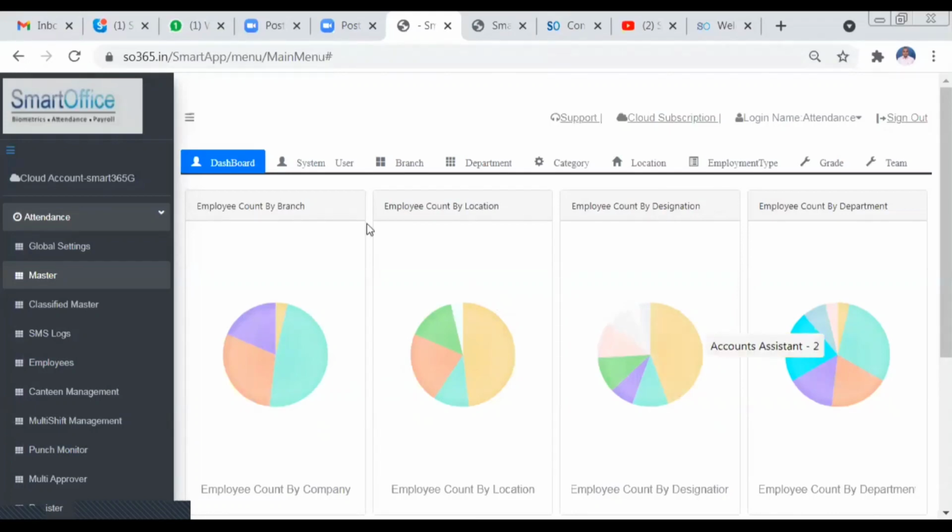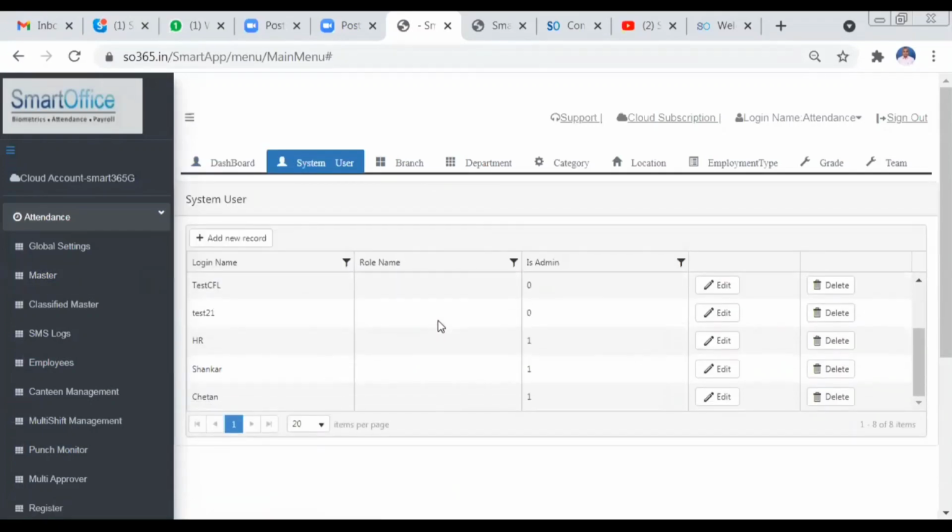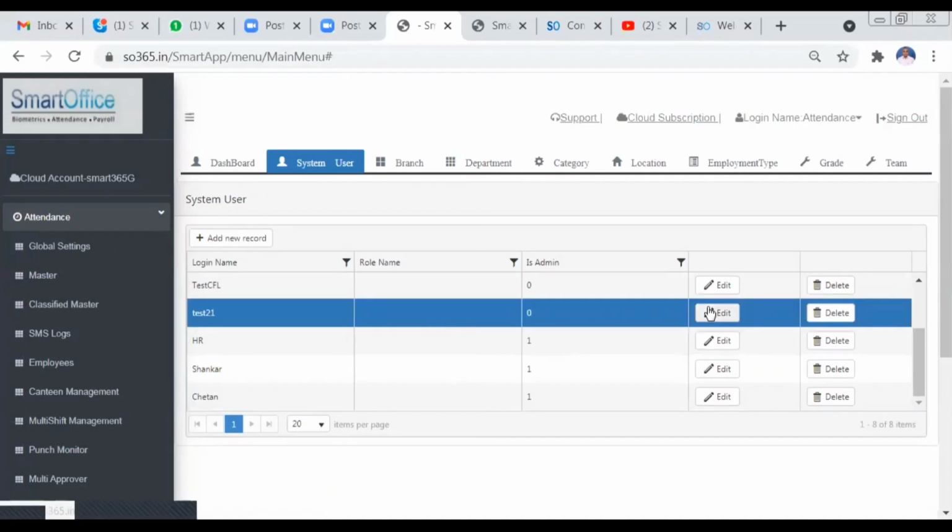And then coming to the system user. Suppose you are the admin, and you want to give a particular system user for any HRs or for any of the employees, just to add employees or to generate reports with a specific permission, or I can say a restricted permission.